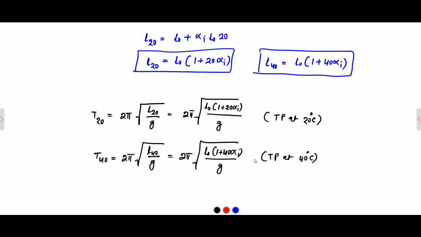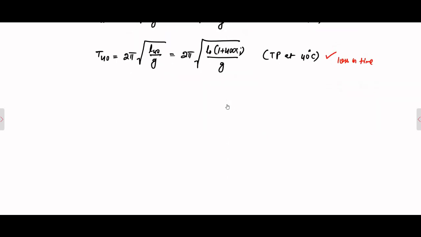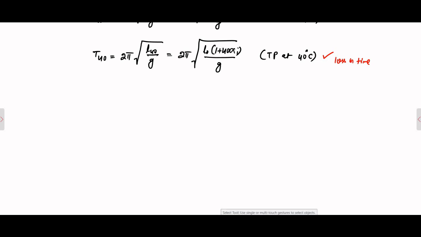Now the pendulum gives the correct time at 20 degrees Celsius. Here it leads to a loss in time because the increase in length leads to an increase in the time period. Now, to calculate the fractional loss, we take the ratio of T40 by T20. So here, T40 by T20 is equal to 2 pi